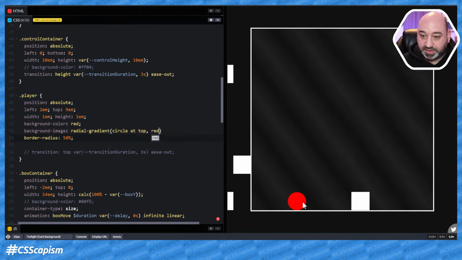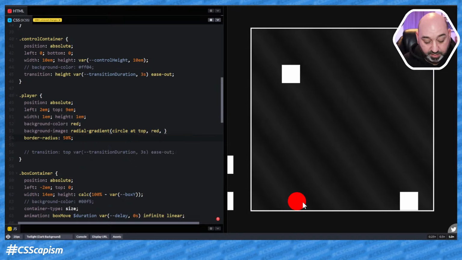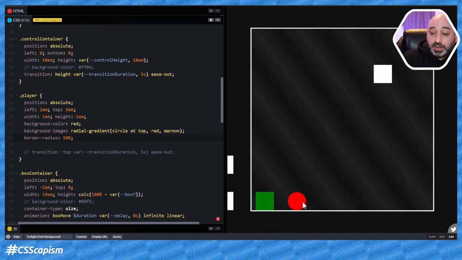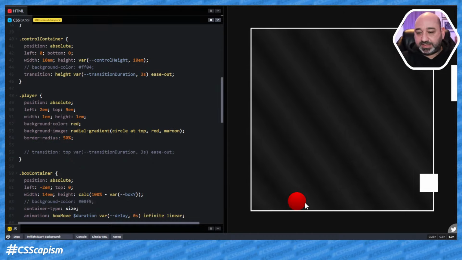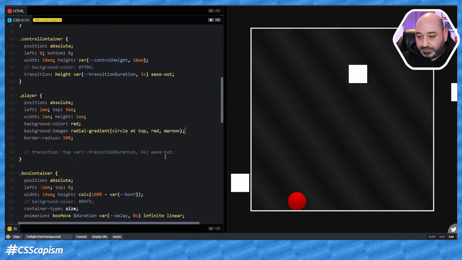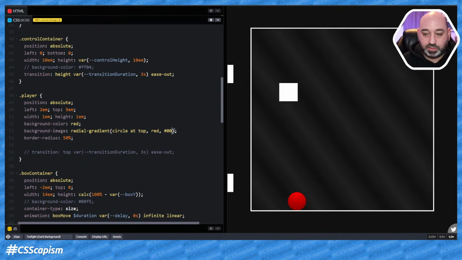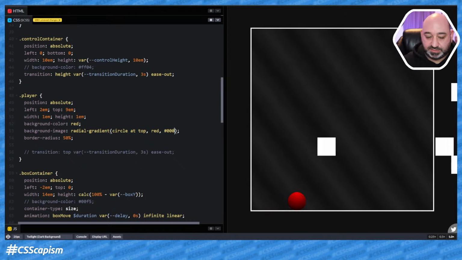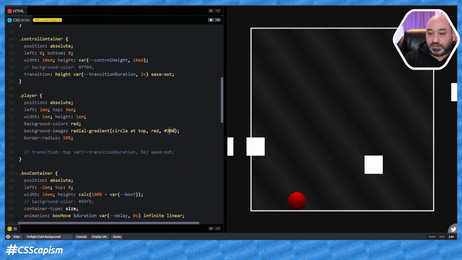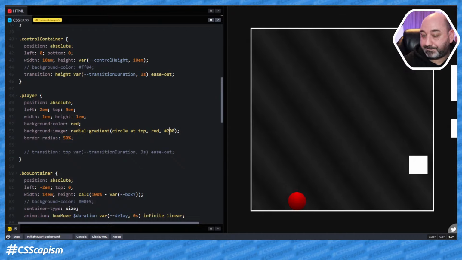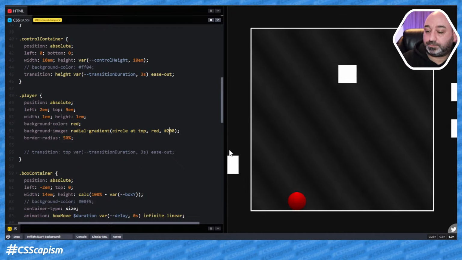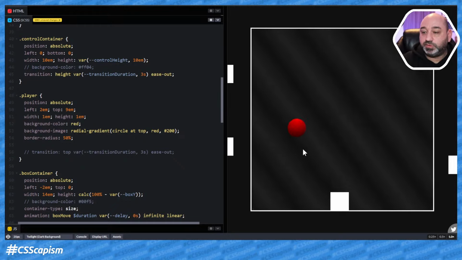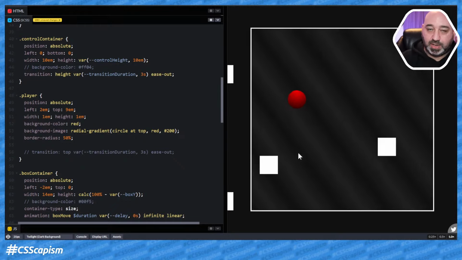And I'm going to do something like from red to something dark, let's say maroon. Yep. So it gives an effect that there's a light coming from the top. You can actually set something darker. You can even go all the way black if you're on a very dark color, but let's do it like 3. Okay. So now we have a ball that moves, but when the ball moves up, I want it to